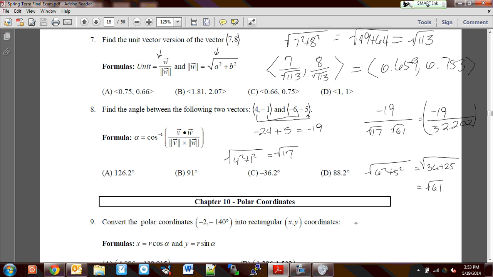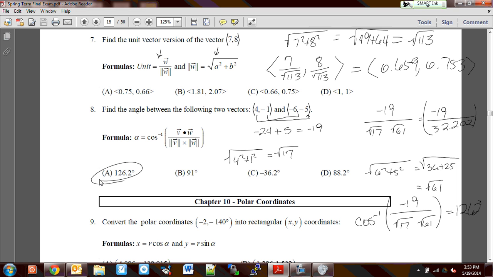Okay, so inverse cosine of negative 19, and I'm going to put this back as the square root of 17 times the square root of 61, because we can type it into the calculator just like that. Alright, so negative 19 over the square root of 17 times the square root of 61, and it comes out to 126.2 degrees. So where are we at? Bingo, letter A,